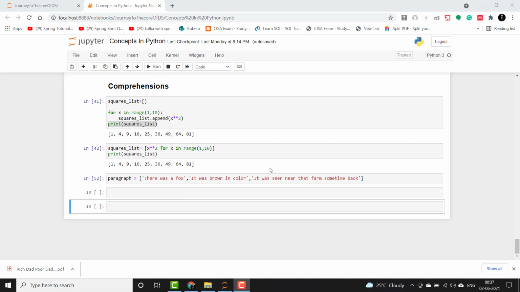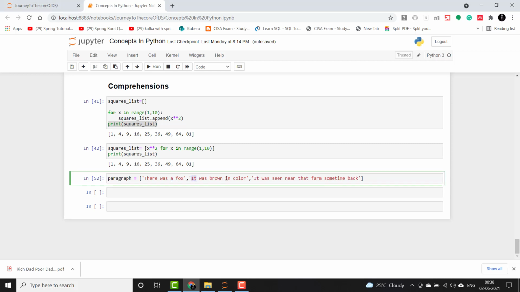Consider it as a paragraph with each of the sentences, and we have to find the words in each which start from a vowel. So just to give an example, like a, it, in, like that. Okay, so we'll start. First we will declare vowels which are a, e, i, o and u.